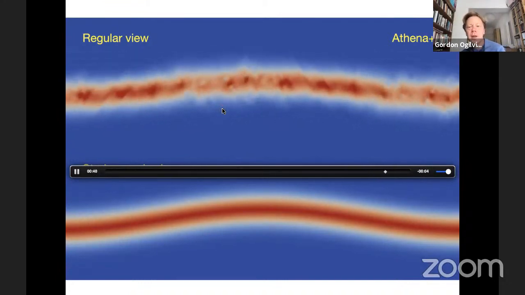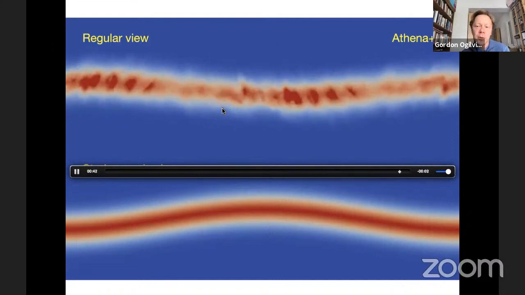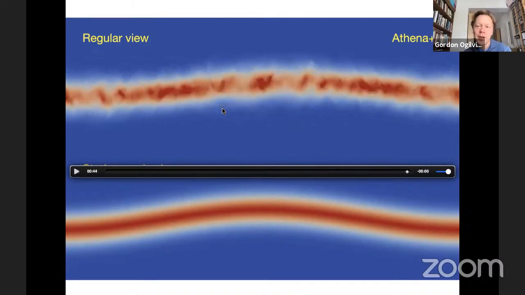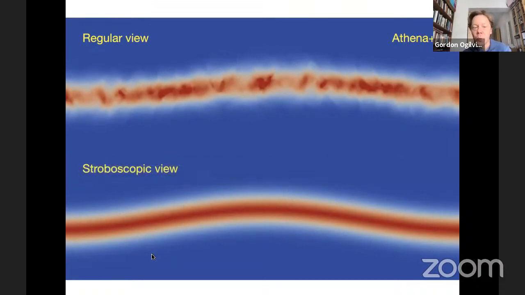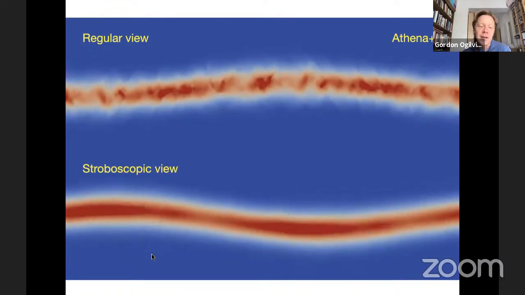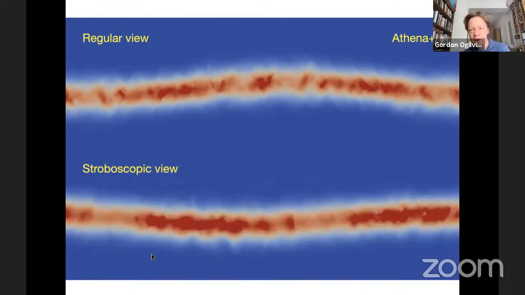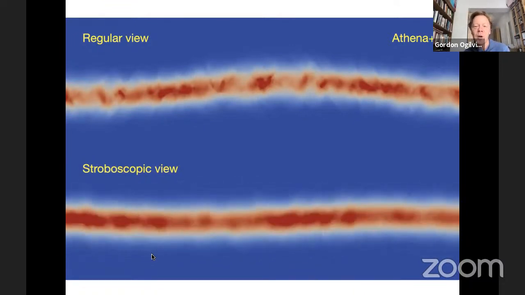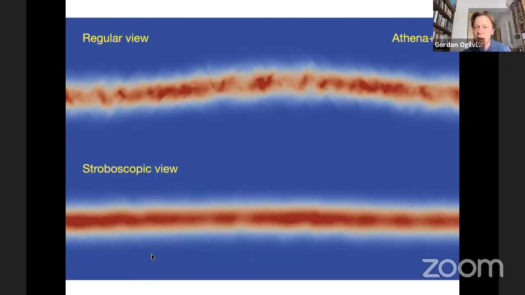Now, if we view the same simulation stroboscopically, that's once per orbit, then we can filter out that vertical oscillation and focus on what's really the true evolution of the warp in this system. And there you see, well, the warp propagates. That's the propagation of the bending wave due to pressure. But you also see in this case, it's damped out by the turbulence that results from this instability.